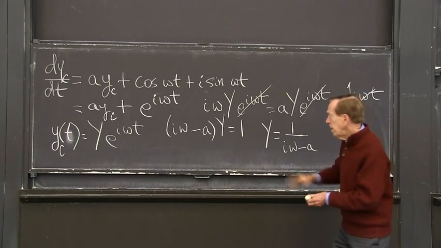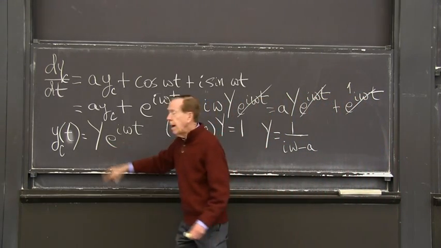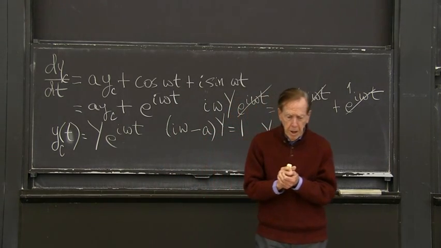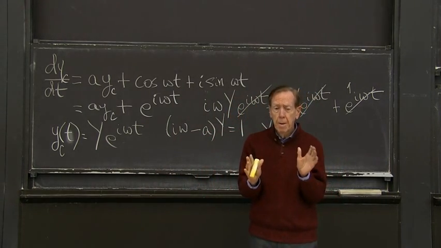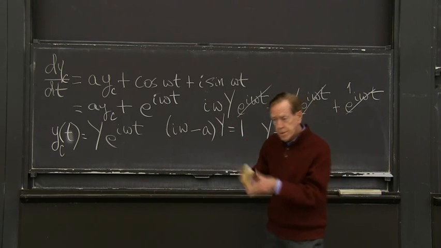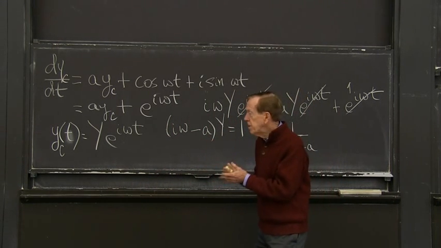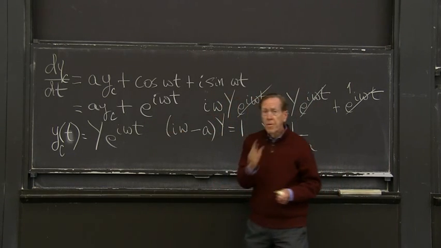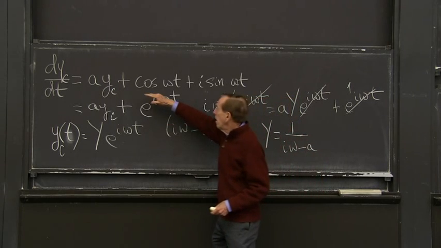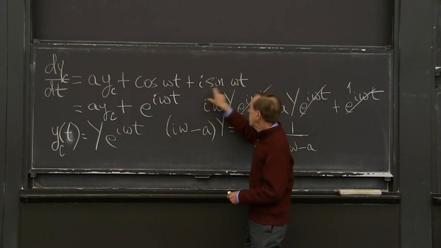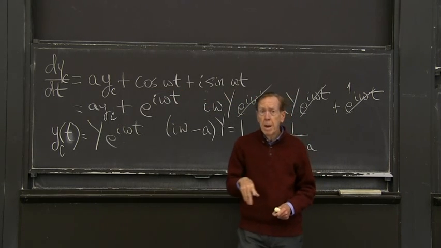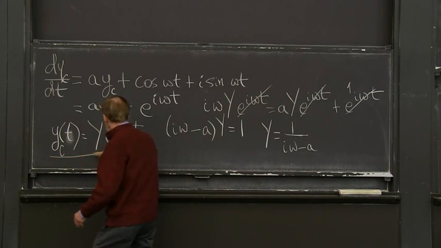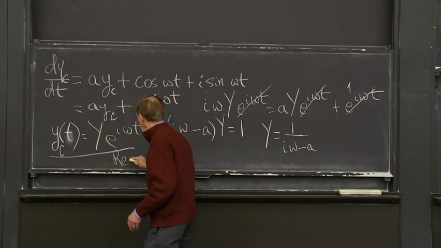Now, if I put that in here, I have the complex solution. But my idea is to use this complex solution to find two real solutions. That's really what this video is about: using this complex source term to find the solutions for both cosine omega t and sine omega t. And the way to do it will be, here's my complex solution, I'll take the real part